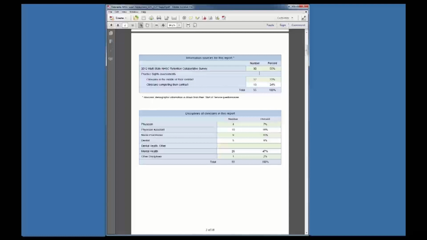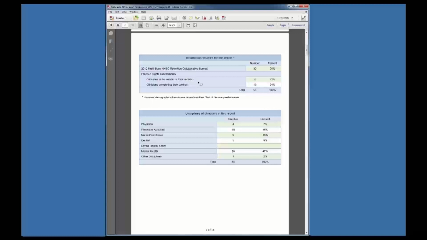So this tells you that this report here for Nebraska has 30 people whose information is brought in from the 2012 survey, and then there's another 25 who come in from practice sites. So they're actually people who responded to this automated survey or questionnaire system here. Because this report presents both information for people who are in the middle of their current contracts and completed the end-of-year questionnaire, and then there are also clinicians whose data are here who are completing their contracts, and they therefore completed the end-of-contract questionnaire.